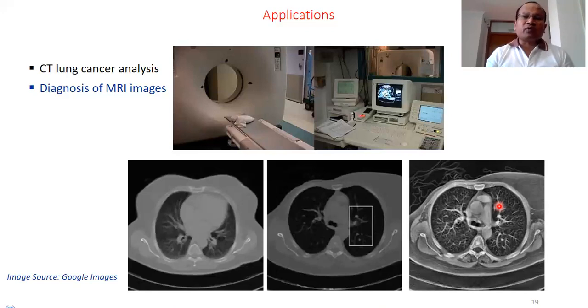But when you choose a bigger one and slide, what will happen? Within three or four sliding operations, the entire image will be covered, and effectively the result will not be better. So this is one important observation and an important concept in spatial filtering, where you choose a mask or filter function: the smaller the filter function, the better the quality. So this is all about this lecture on spatial filtering.